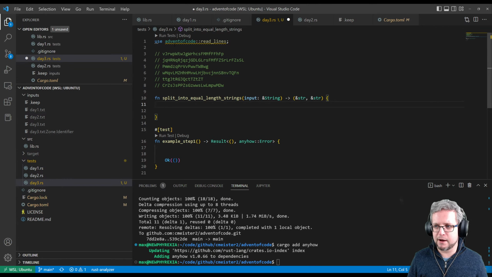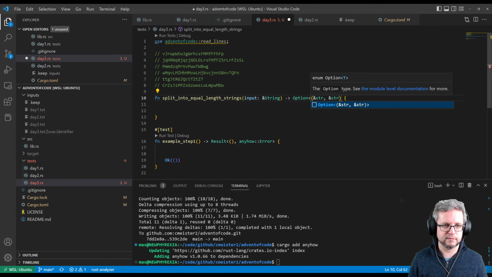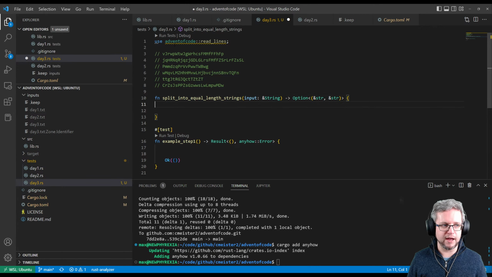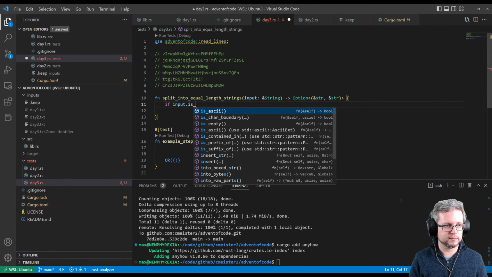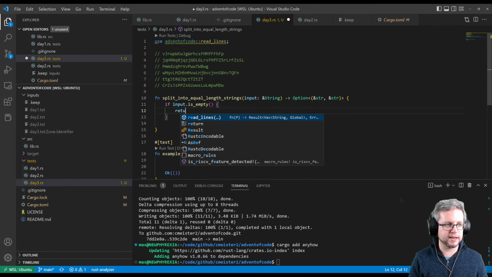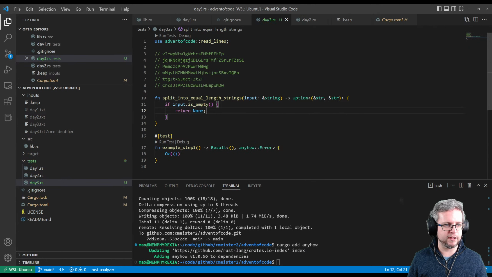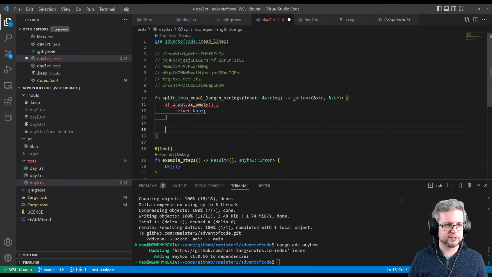Possibly we should think about what happens in the, I mean, it could be that we actually want to make this an option. And in the case that it is an empty string, we just return a None. So we could do that. Let's do that. Okay, so what we're saying is if input.is_empty(), we're just going to immediately drop out. We're going to return None. There you go. And otherwise,